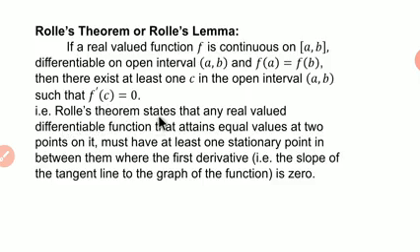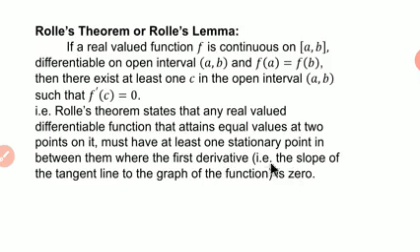That is, Rolle's theorem states that any real valued differentiable function that attains equal values at 2 points on it must have at least one stationary point in between them. म्हणजे ज्या दोन पॉइंट्सला फंक्शनची व्हॅल्यू सेम आहे त्या दोन पॉइंट्सच्या मध्ये एक असा पॉइंट असेल स्टेशनरी पॉइंट, where the first derivative, त्या पॉइंट साठी त्या फंक्शनची फर्स्ट डेरिव्हेटिव्हची व्हॅल्यू ही 0 असेल.